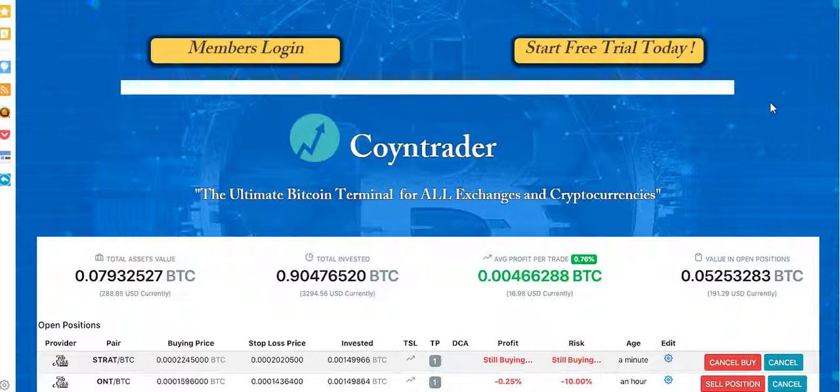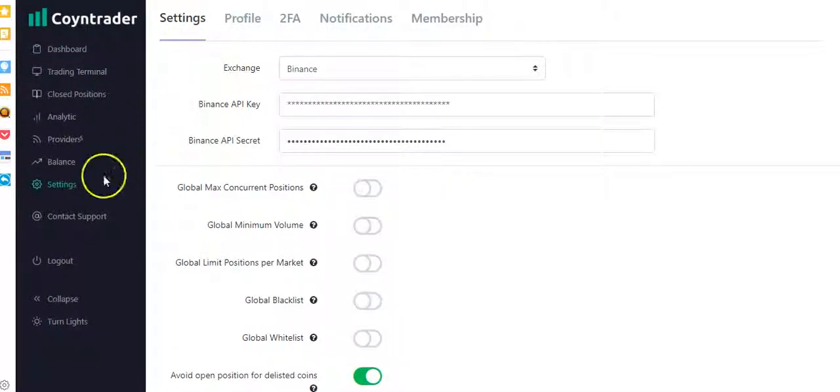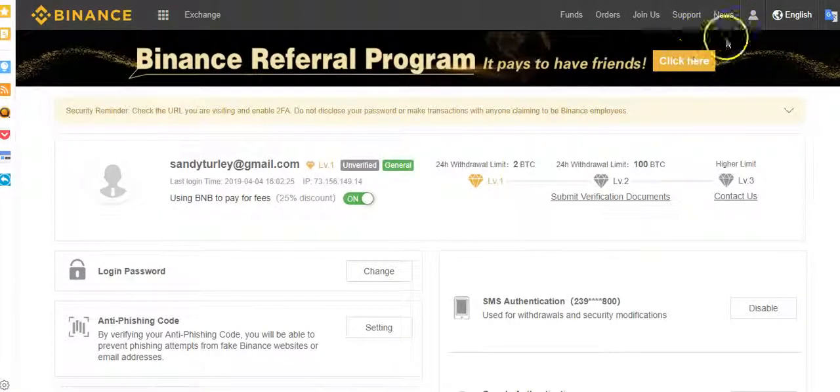So via API key. Anyways, you click your 7-day trial and sign up, and then it's going to come to your main page. I'm going to open mine up. Whoops, wrong one. There we go. And you're first going to come to your main page, and you pick your exchange. Obviously it's Binance, and here you're going to need your API key and your secret key, and you'll get those in Binance by coming over here and clicking on this little